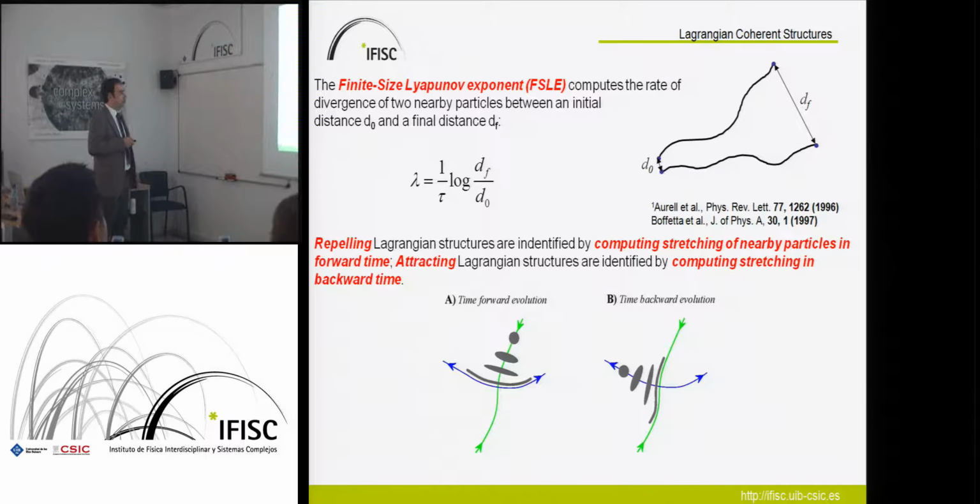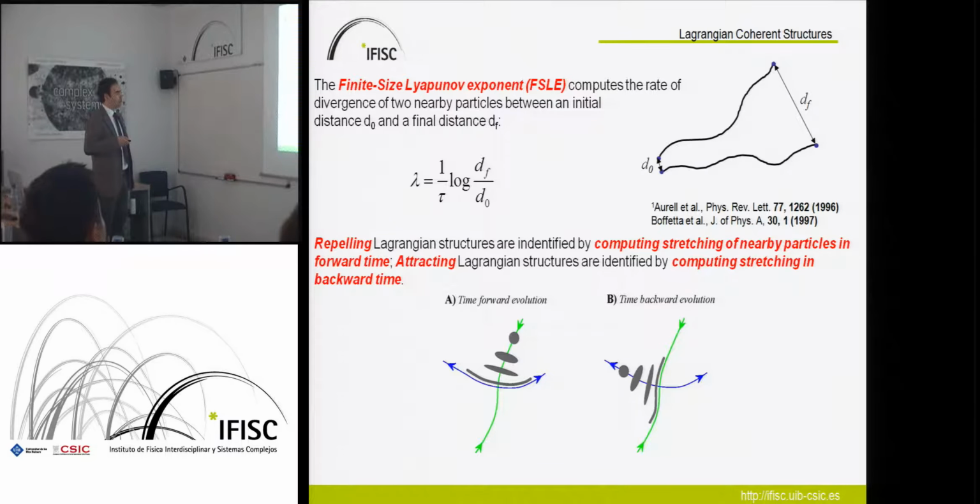In forward time evolution, where we have divergence of particles and stretching of the fluid, we find the repelling Lagrangian structures. On the other hand, when we look at the backward time evolution, applying the same computation of stretching, we can identify the attracting Lagrangian structures, which are the